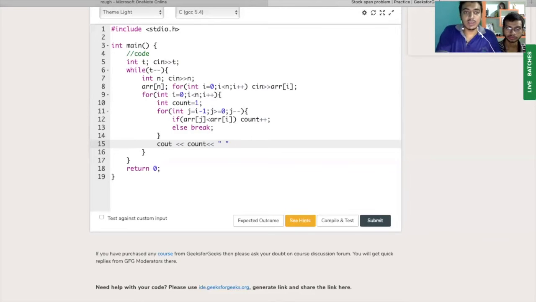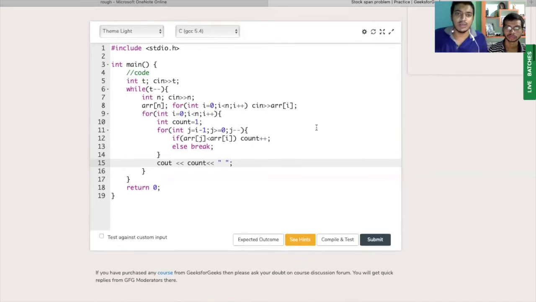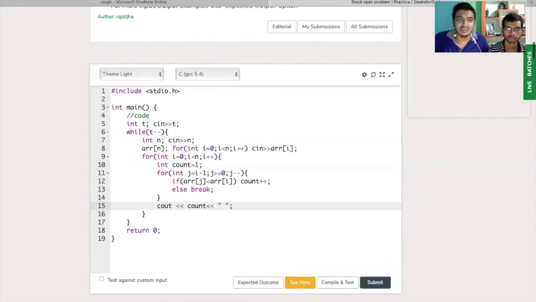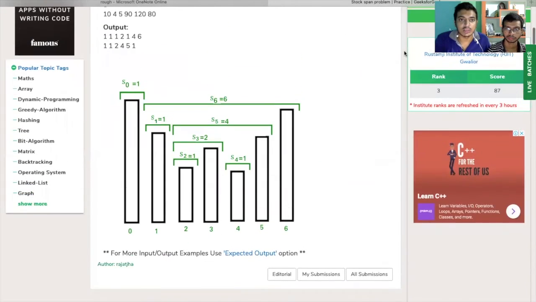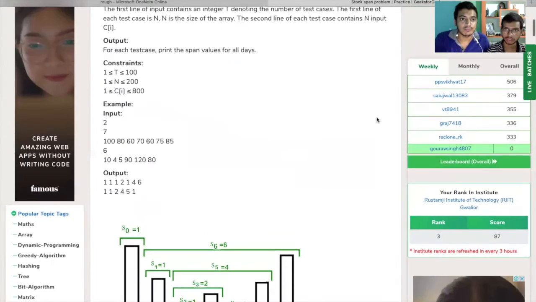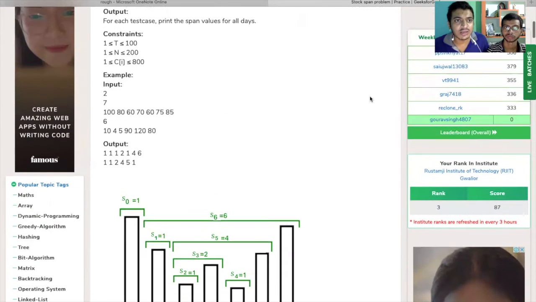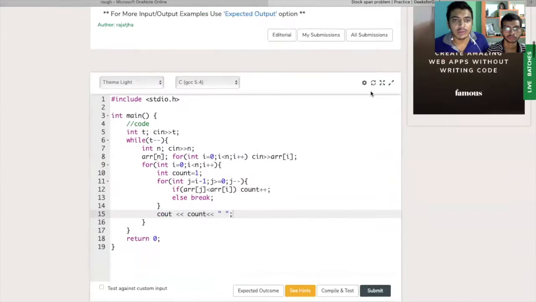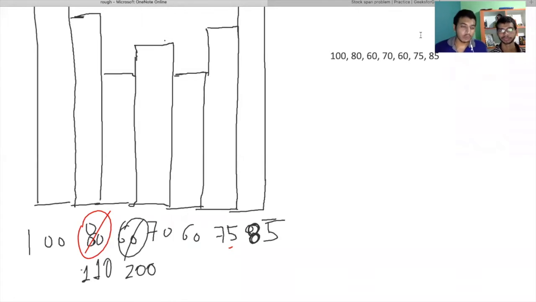So in this approach, we have not used an extra array for the answers, because we are printing after every calculation itself. Yes. So here the time complexity is O(n square). Also the constraints are lesser in this problem, so we can try to run this approach also. Now let's move on to the efficient approach using stack.